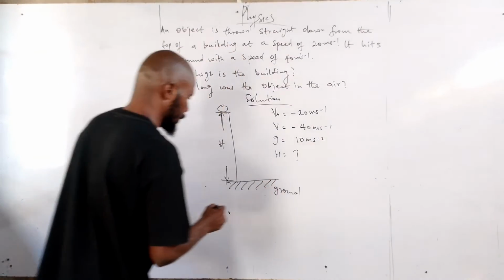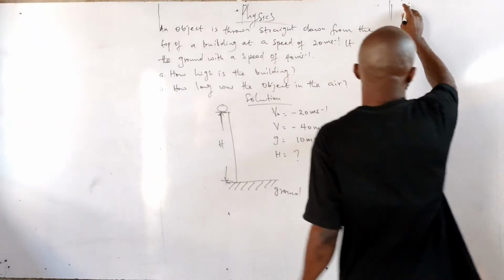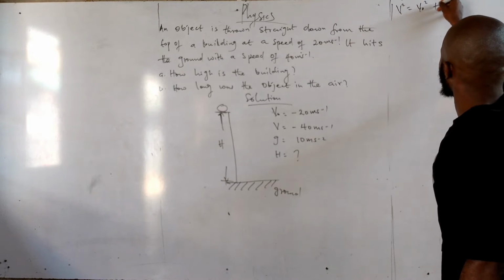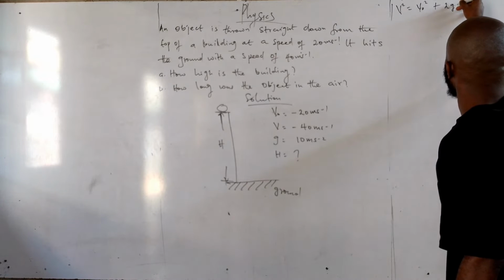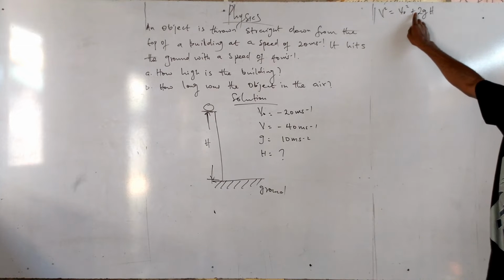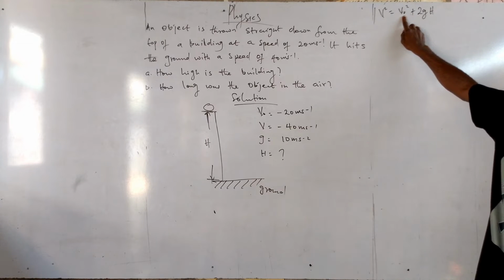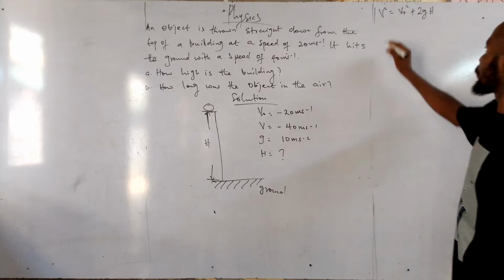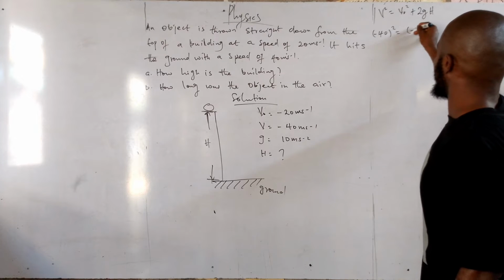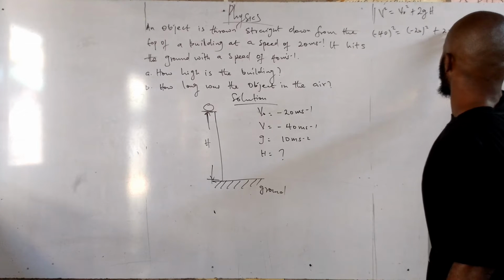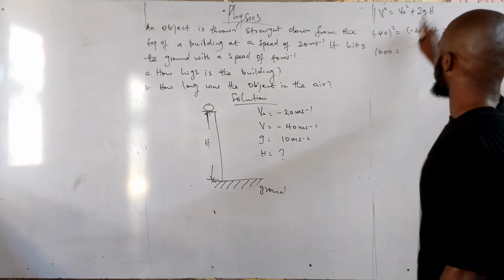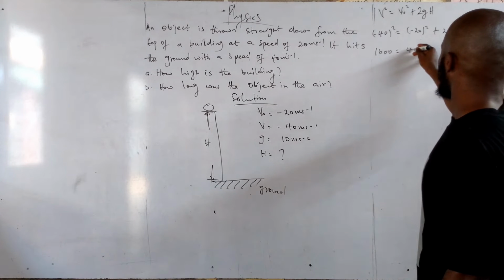Remember our formula that says that V squared is equal to V naught squared plus 2GH. Remember, V naught stands for the initial speed, V stands for the final speed. So my final speed here is given as minus 40, all squared, equal to V naught, which is given as minus 20, all squared, plus 2 times 10 times H. V squared will give us 1600, equal to minus 20 squared, which will give us 400, plus 2